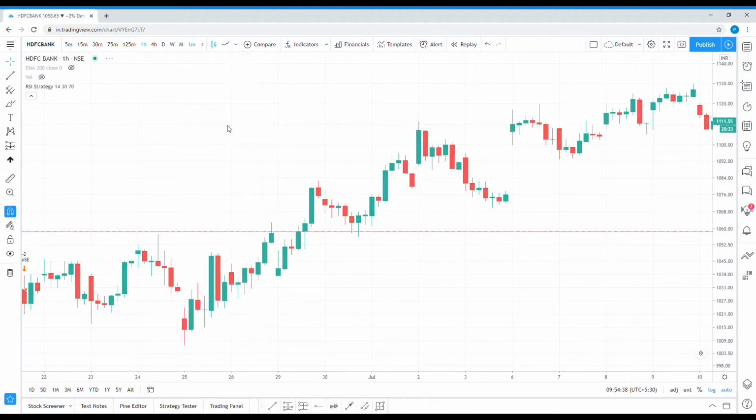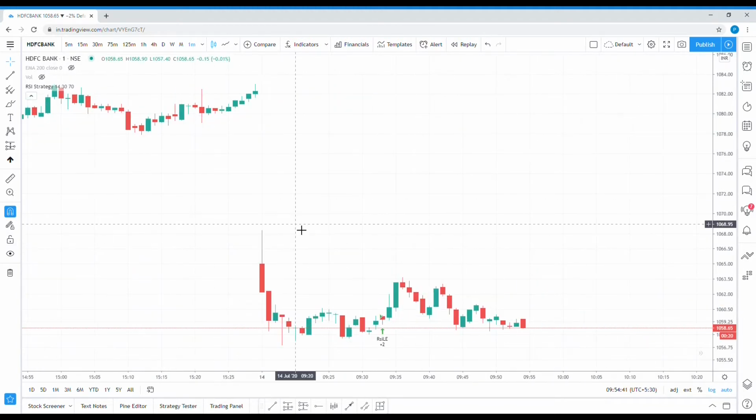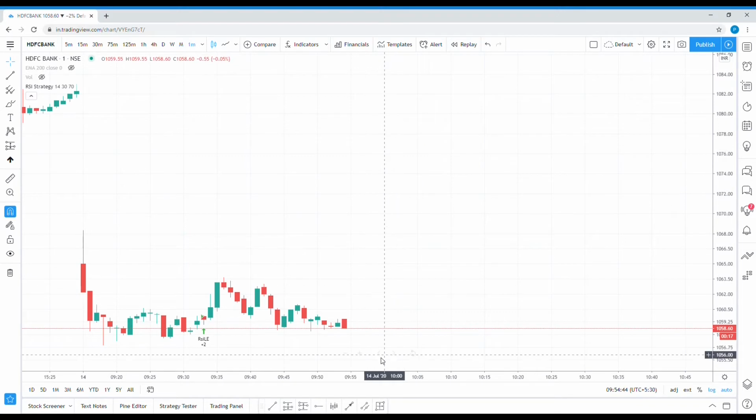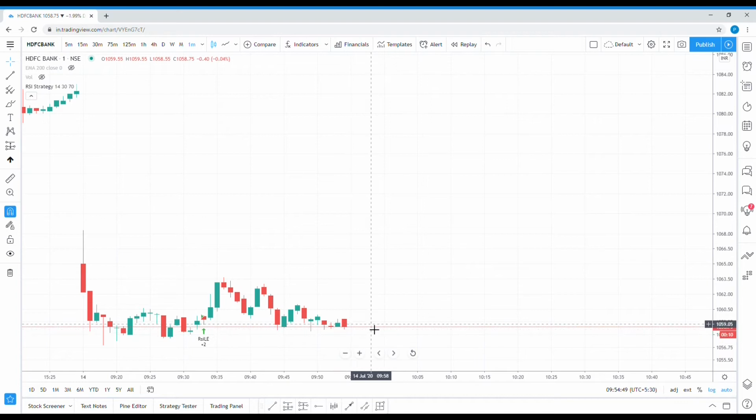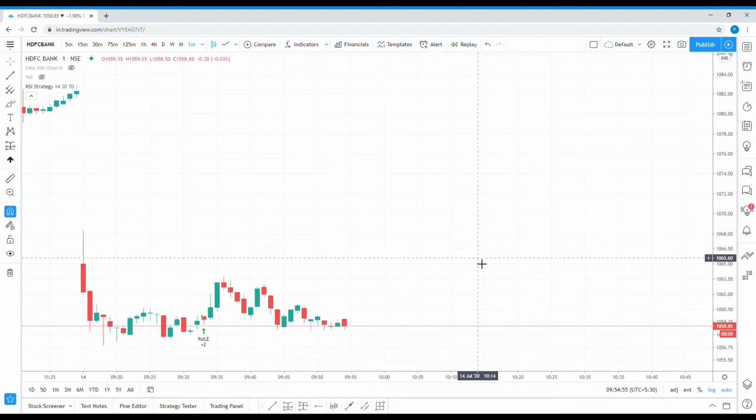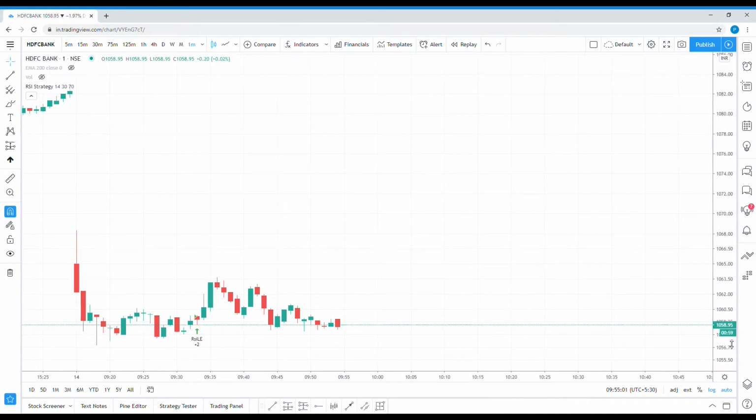You can also see a 1 minute candle. Right now the market is live, and in 1 minute we can see every movement of the price in that particular candle. There is also one unique feature in TradingView: it is showing the time remaining, 1 second, after 50 seconds it will create a new candle. Because we have chosen 1 minute, the time left to create a new candle the moment this candle completes is now 40 seconds.